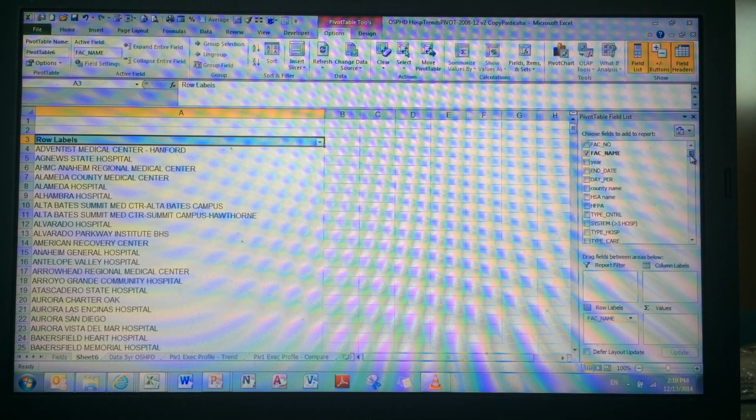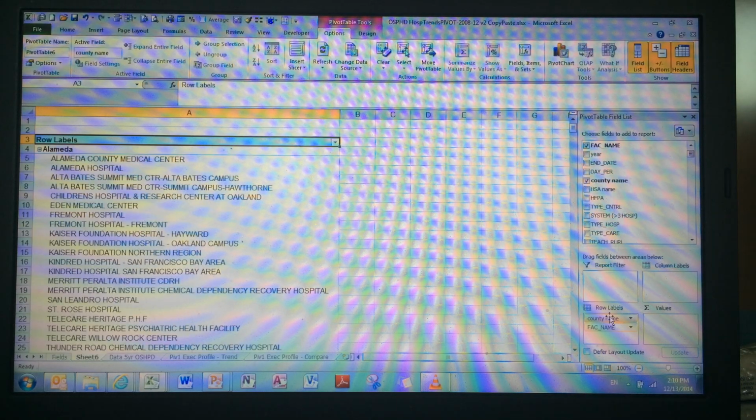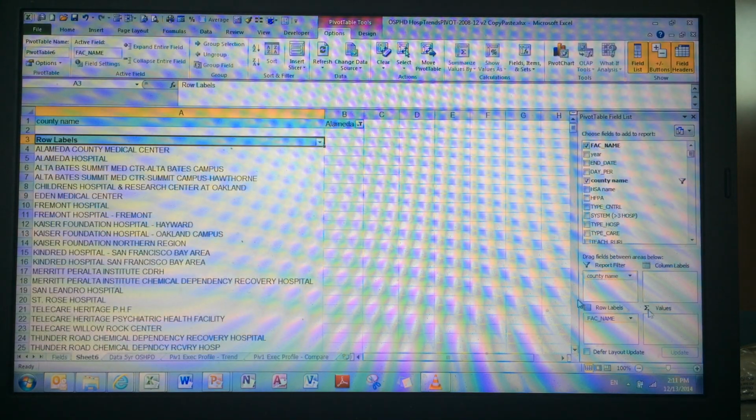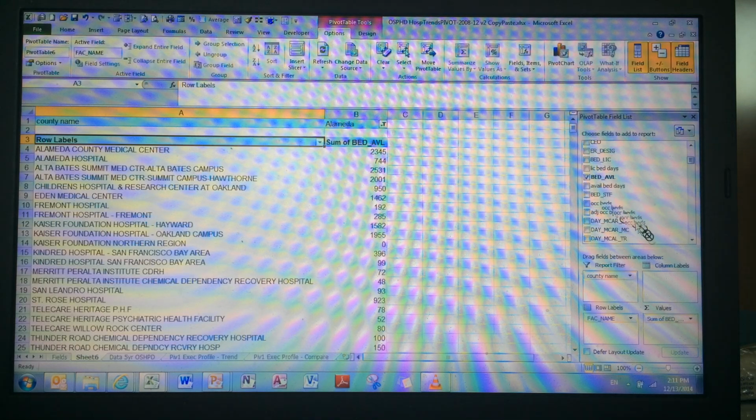If you want to look at the counties that they're in, you could take the county name, just add that overhead like this. If you want to put the county up into a little select field, you could click on that, say, give me just the Alameda County hospitals. Now you can pick the kind of data that you want to see in this particular one. If you want to look at, say, beds available, if you want to look at occupied beds,